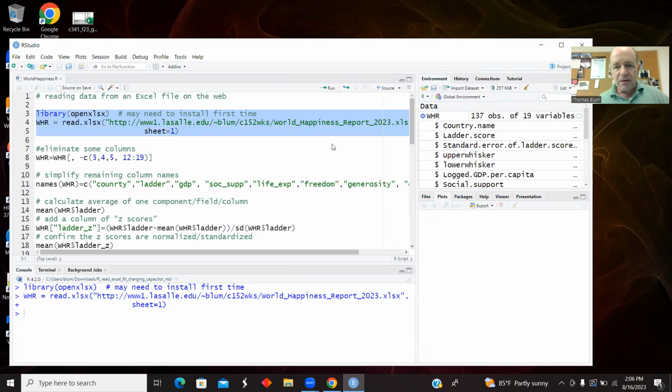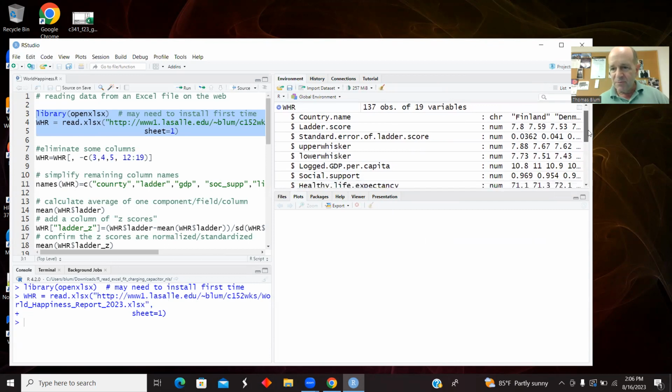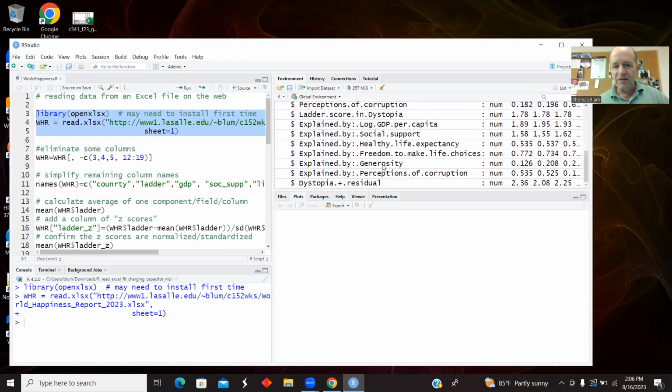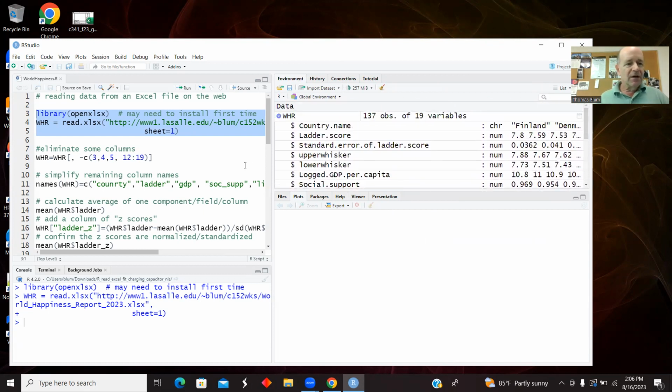But so this is this happiness data, and Finland is the happiest place or something like that. And it has all of these columns. It had sort of way too many columns for me. So one thing I did here was eliminate some of the columns. So I'm taking the World Happiness Report using square brackets and this comma, and this is sort of what I'm taking out. I'm taking out columns 3, 4, 5, and 12 through